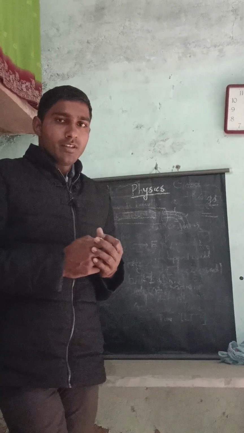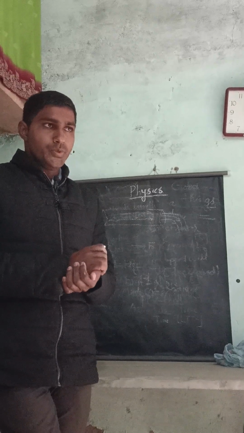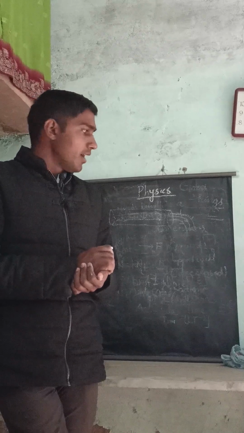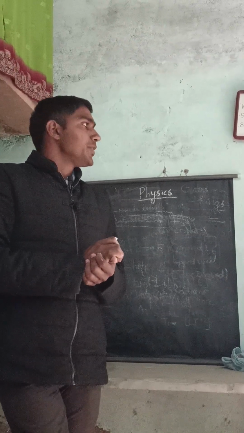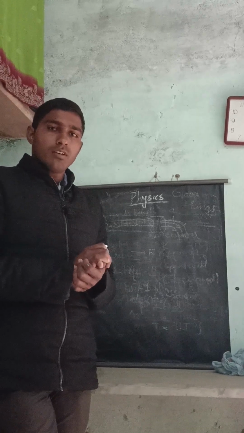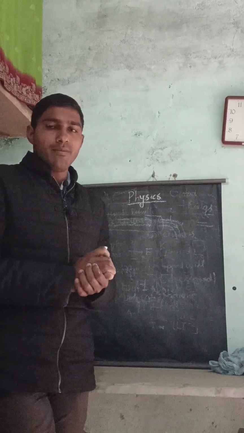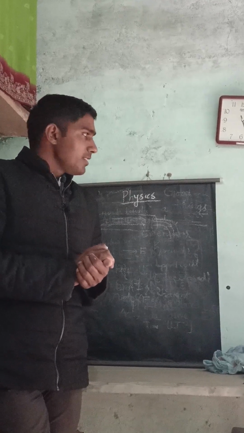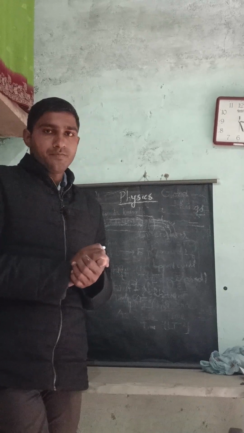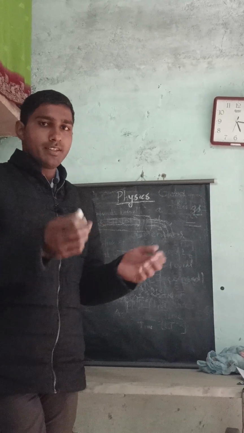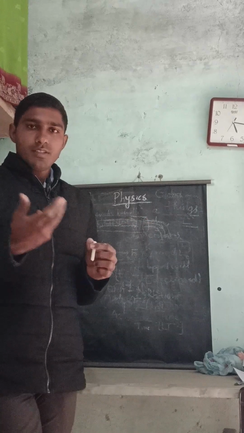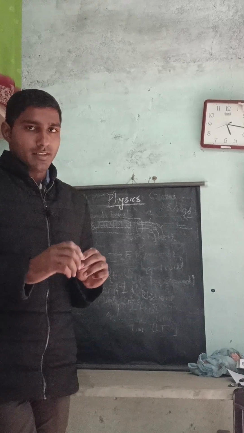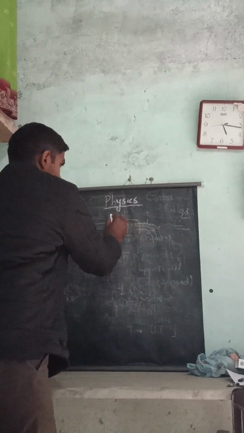So when we come to the flow of charge, you always see in your houses, and in our classroom also, that when you turn on the switch, the fan starts moving and the light lights up. So what is the basic thing behind this? Obviously, you say that current is the reason. But what is actually present in the current? So today's topic is